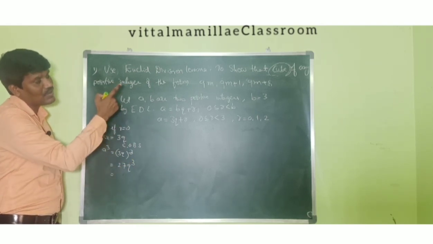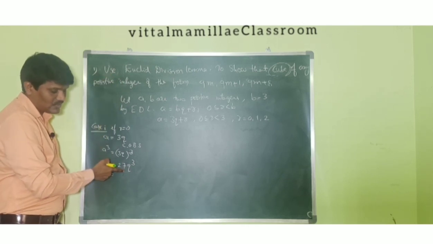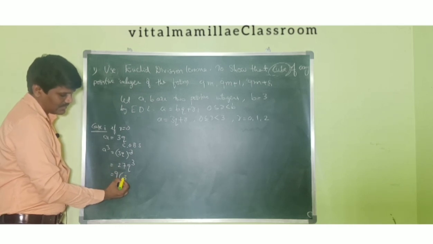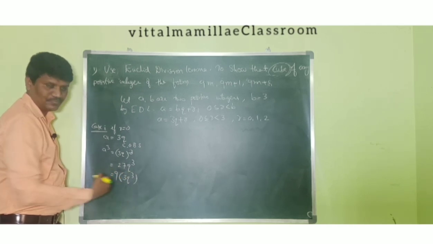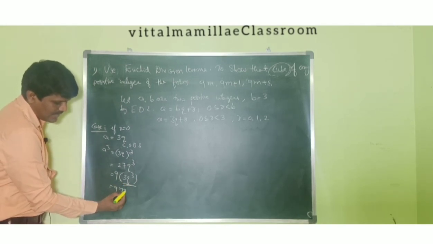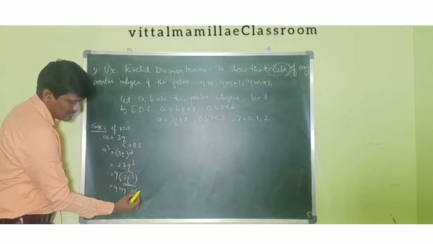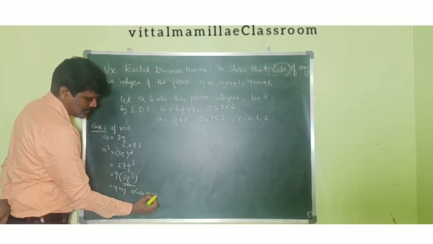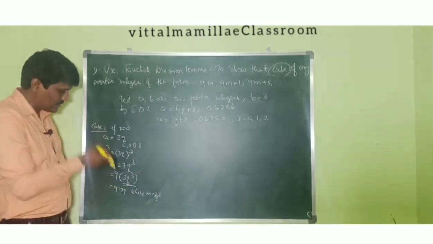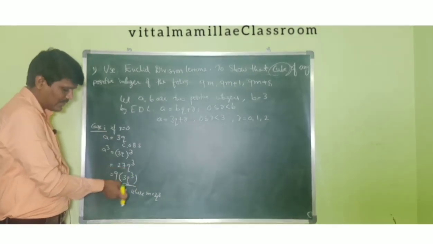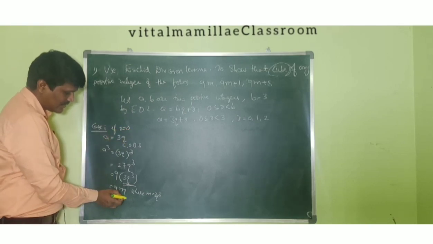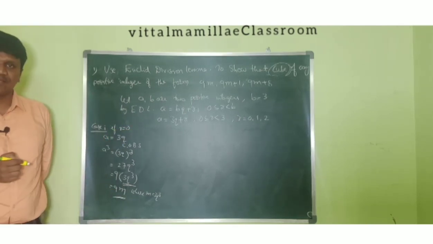So we should show it in the form of 9m. From this, you take 9 as common. If I take 9 common, I will get 3q cube. Now I will take this as m. So this I can write as 9m, where m is equal to 3q cube. m we can take as anything. So here I am taking 3q cube as m. So in the first case, if r is equal to 0, I am getting the form 9m.